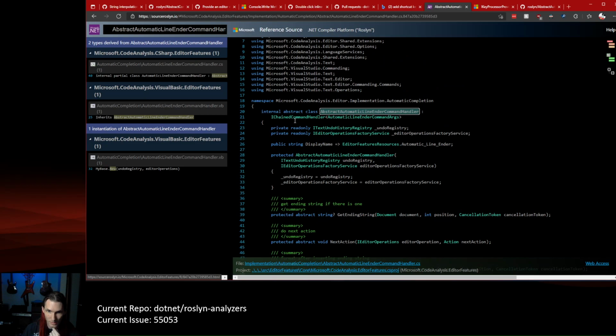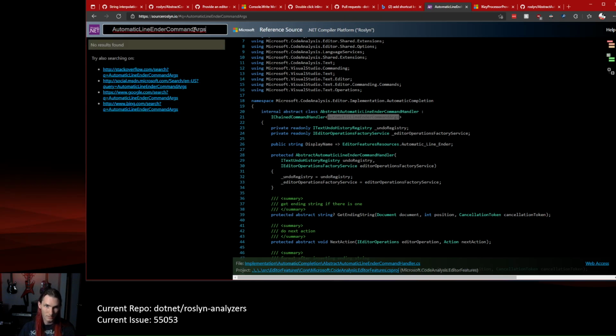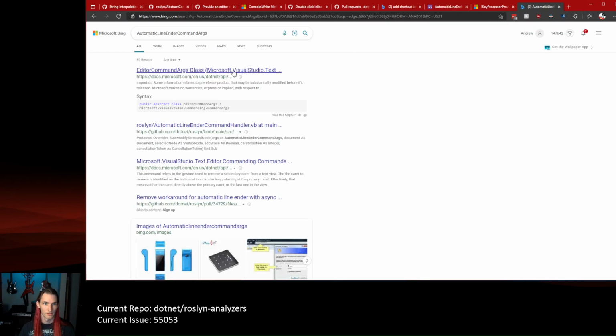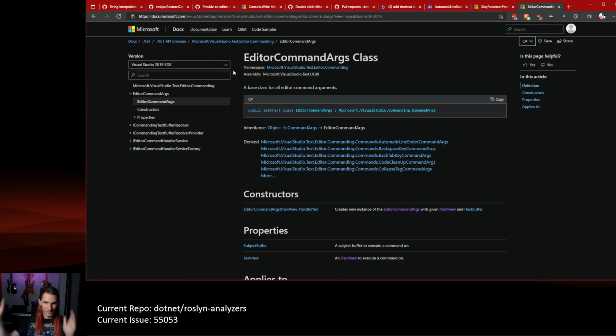Hang on. This abstract command handler is an iChain command handler of these command args. Okay. What? This is also a command provided by Visual Studio. Yeah, you figured it out